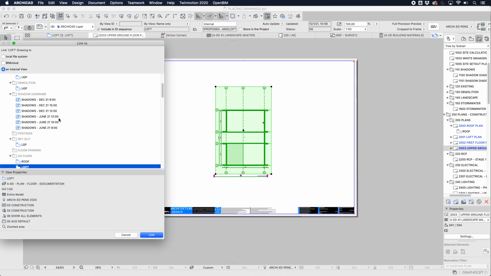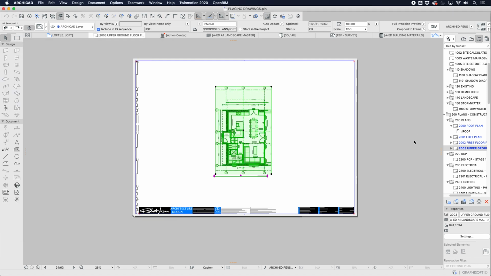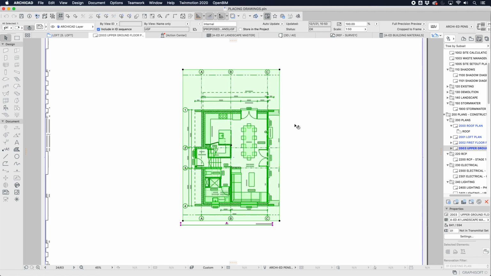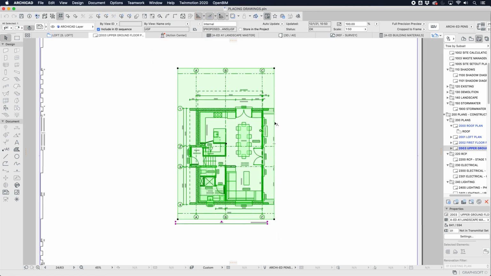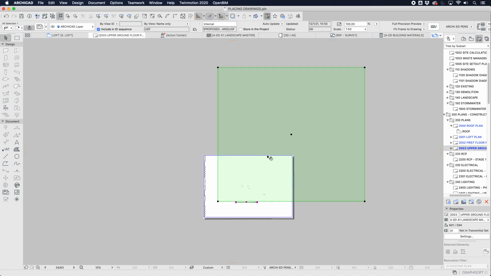Link drawing to upper ground floor, and we see that works perfectly, almost. What's wrong? The framing is wrong. So we see that the problem is that it's cut stuff off. So unless we go back into fit frame to drawing, which will increase everything and won't necessarily keep it in the right place,